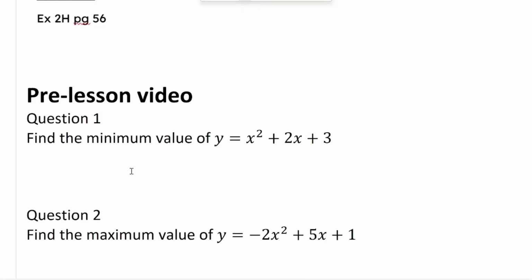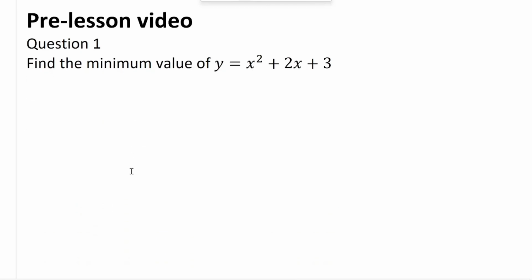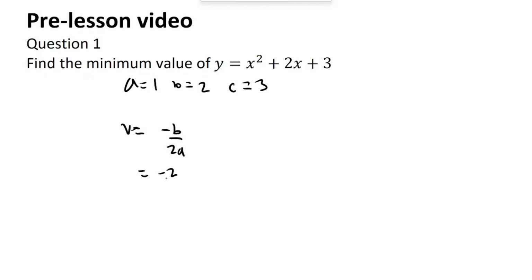Find the minimum of y equals x squared plus 2x plus 3. So in our case, a is 1, b is 2, and c is 3. The vertex equals minus b over 2a. So that is minus 2 over 2 times 1. In other words, that's just minus 1. So that's the x coordinate